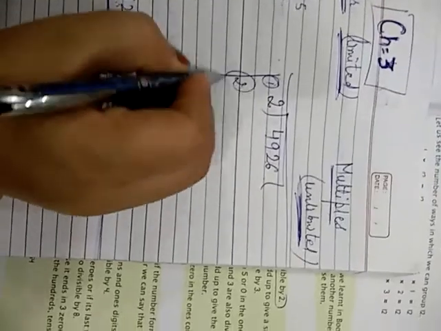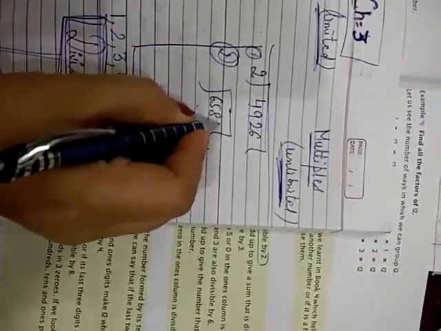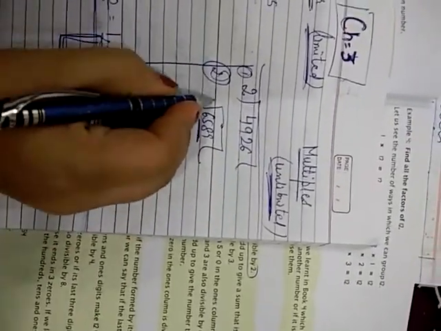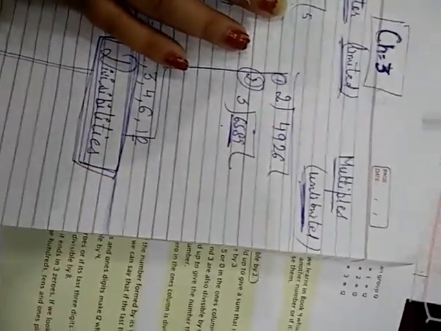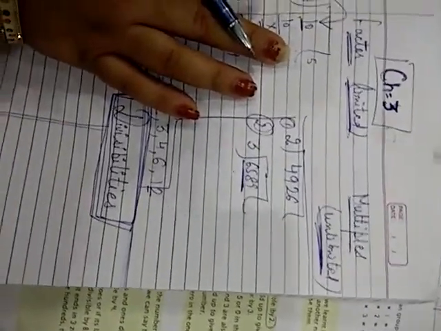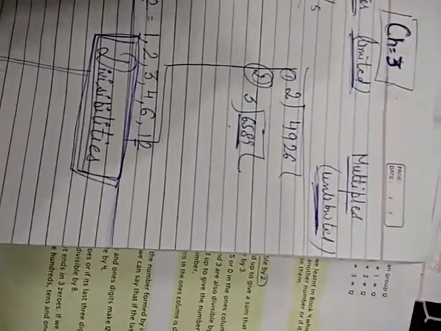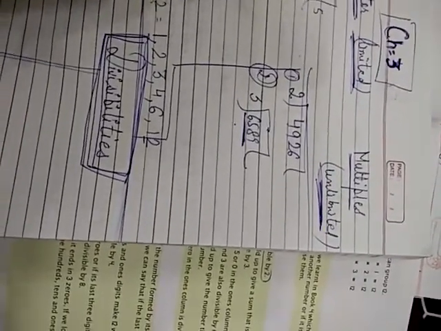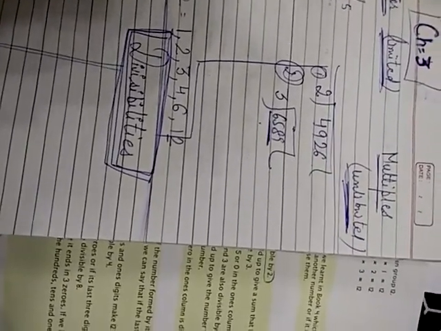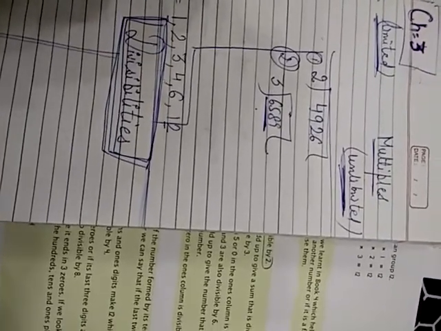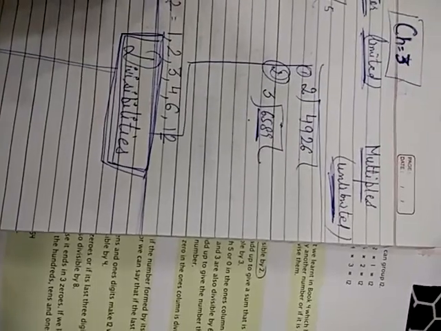Next, if I ask you whether the number 6589 is divisible by 3 or not, again you will divide it by 3, and if the remainder is 0, then you will say yes, otherwise no. Similarly, if I ask you whether any other number is divisible by 8 or not, again you will divide and tell me whether the number is divisible or not. So to do this, you will take minimum 2 to 3 minutes, right?